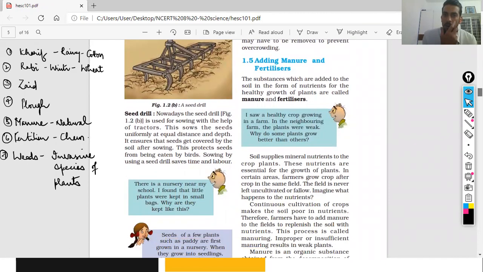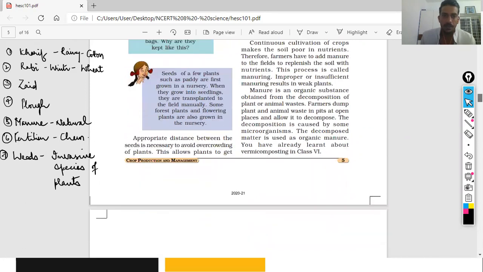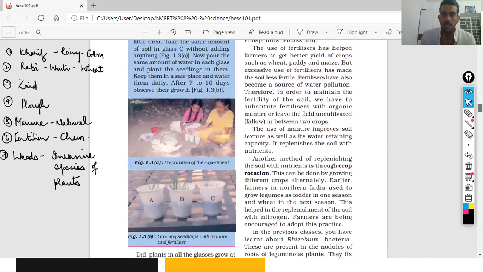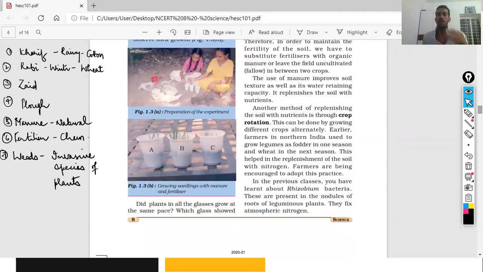Then in 1.5, you would be adding the manure after you plough the field, and after you're done with sowing the seeds for the crop to come up, the next thing you would be doing is adding manures and fertilizers. Having understood this, as we keep going ahead, now once your crop is done and you have your crop,